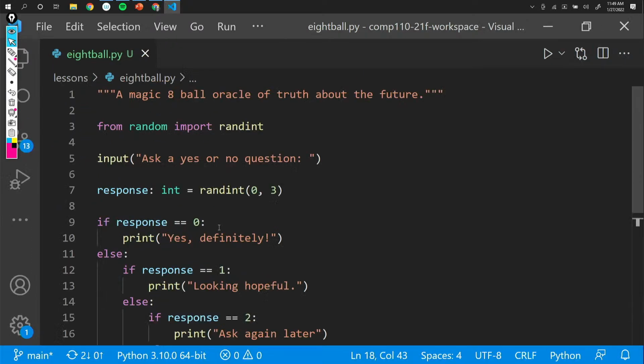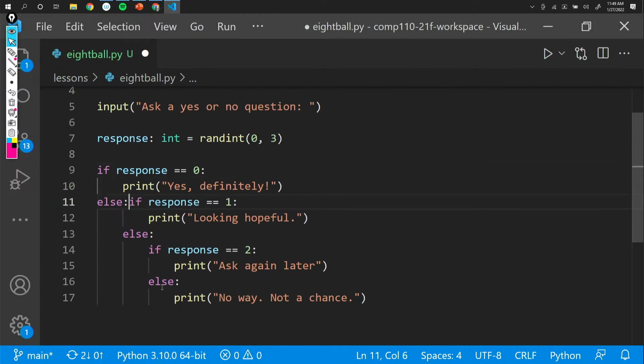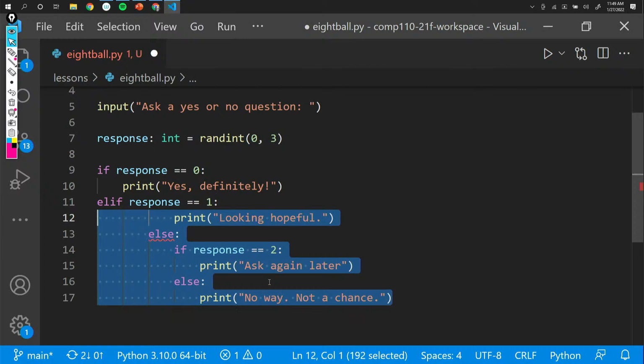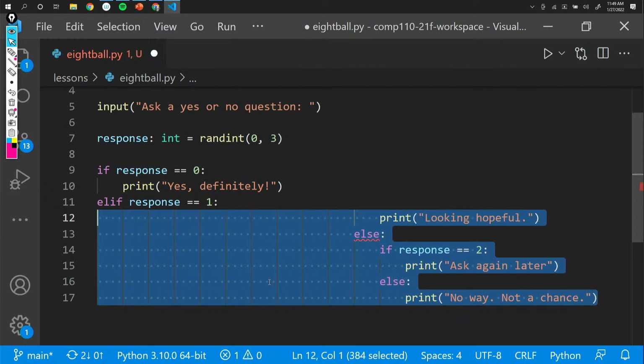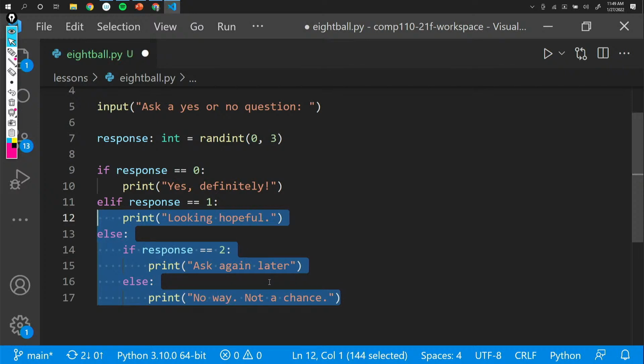So the key idea here is if you take an if statement and you just effectively bring it back up to the else, delete it so that it says elif. But notice then your indentation is a little bit off. And so what I would encourage you to do is select all of the text that's indented. And I think I've talked about this in a video, but just for repetition's sake, if you press the tab button, it will indent all of your text. If you hold down shift while pressing tab, it will unindent by 1. This is true of just about every code editor. And that way we can unindent a whole block.